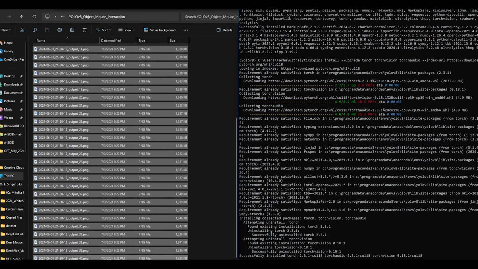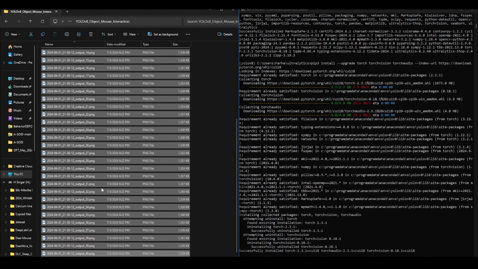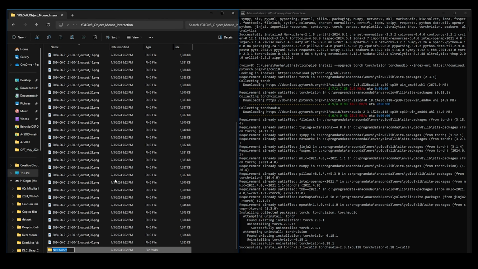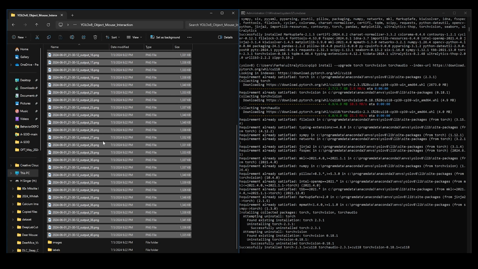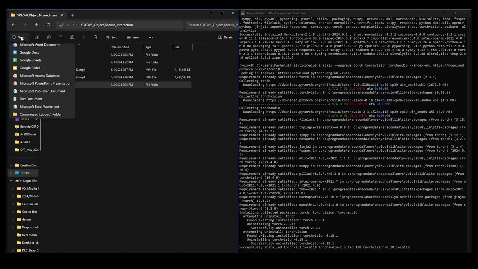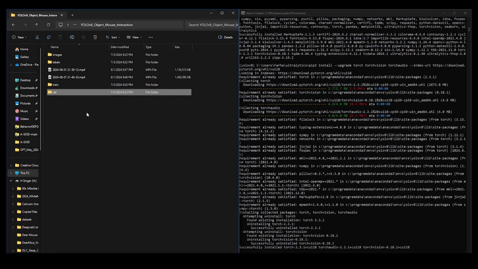So these can go into a folder called images, and I'm going to go ahead and create that folder. Here I'm going to label it images. I'm going to create another folder called labels, and move all of my images into the images folder that I just created. Okay, so now I have two folders, images and labels. I'm going to make another folder. This will be called train, and I'm going to make another folder in the root directory called val.